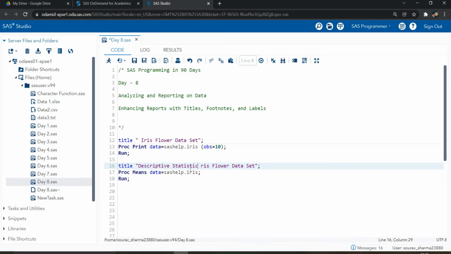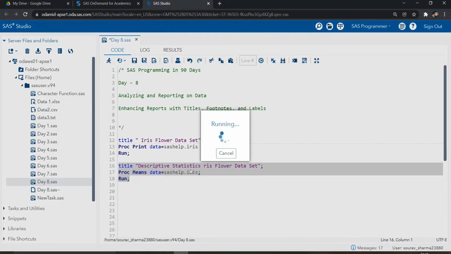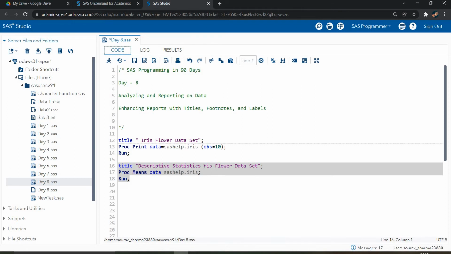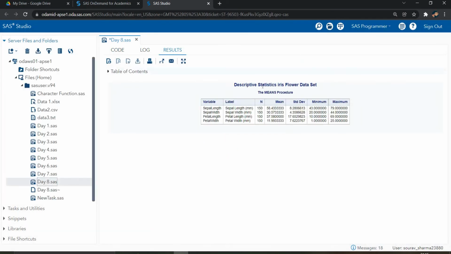This is how we are creating custom output. I'm creating my custom output with the title statement. Now you can see above we have the descriptive statistics of the iris flower data. So I created my own custom output with this title.